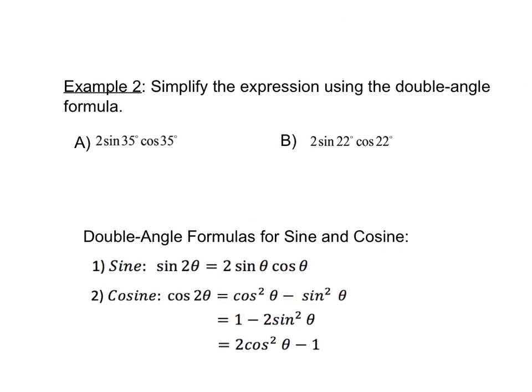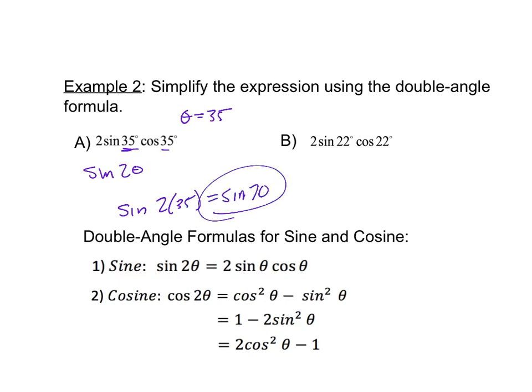So working backwards, simplifying this, you have 2 sine of 35 cosine 35. So remember, that's going to be equal to the sine of 2 theta. Here our theta is 35 degrees. So this is saying the sine of 2 times 35, so this is actually the sine of 70. Similar over here, this time theta is going to be 22. So it's going to be sine of 2 times 22, or sine of 44. That's going to be my answer. Okay, so it's about recognizing that pattern